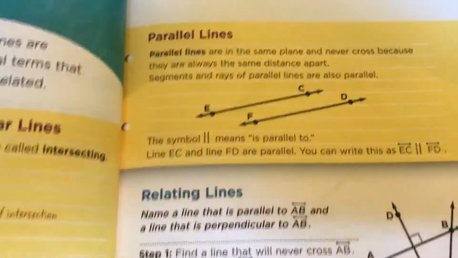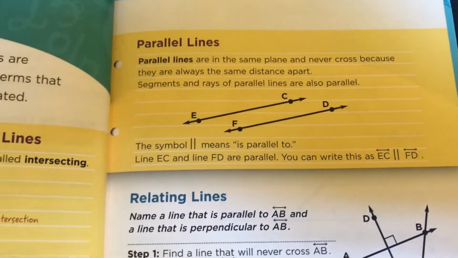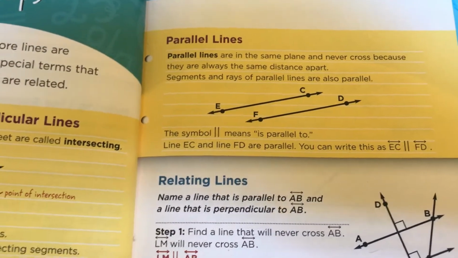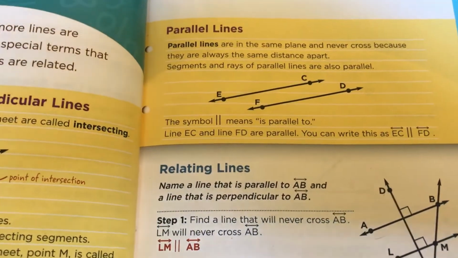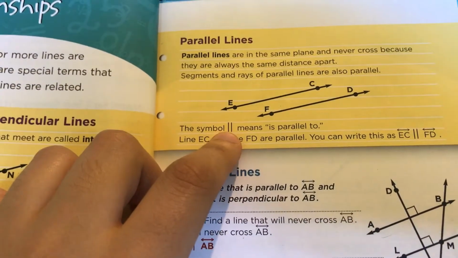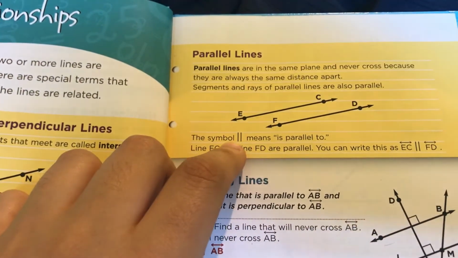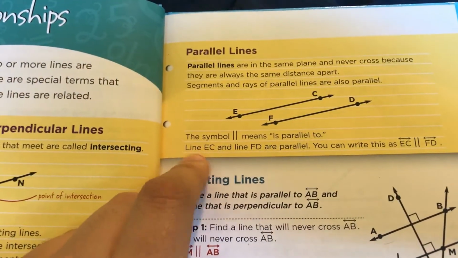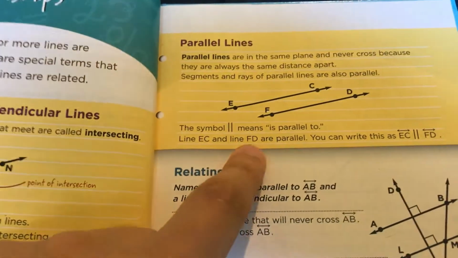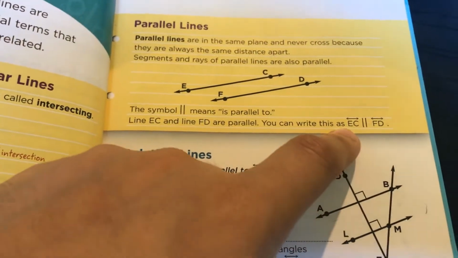Parallel lines. Parallel lines are in the same plane and never cross because they are always the same distance apart. Segments and rays of parallel lines are also parallel. The symbol, like two L's or two little L's would be, is "parallel to." Line EC and line FD are parallel. You can write this as